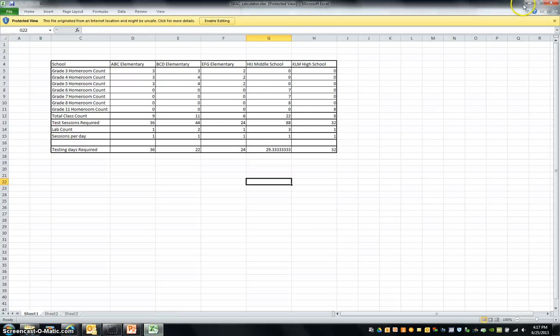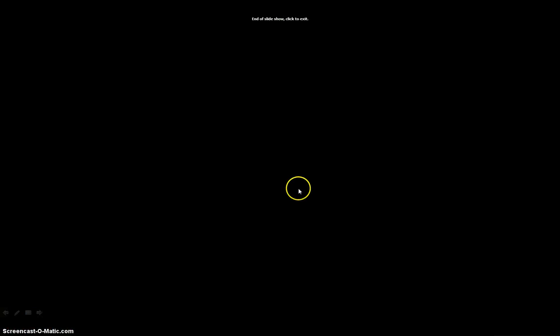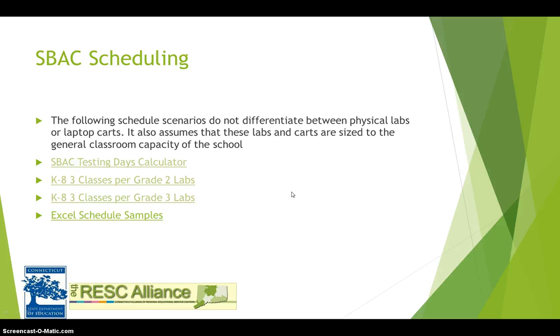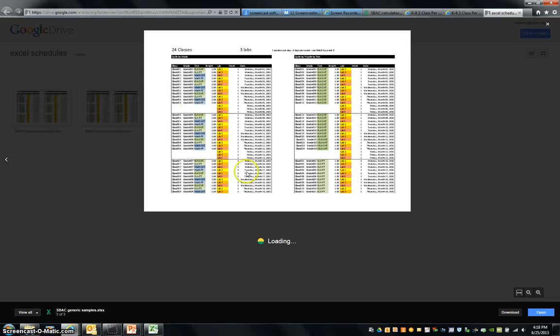So, in completion here, I think one of the things that you should do is actually sketch out using actual dates and times, and fill in your actual classrooms. I've got some schedule examples that I built in Excel. Maybe you can find one that somewhat fits your school structure. I would encourage you to open it up,